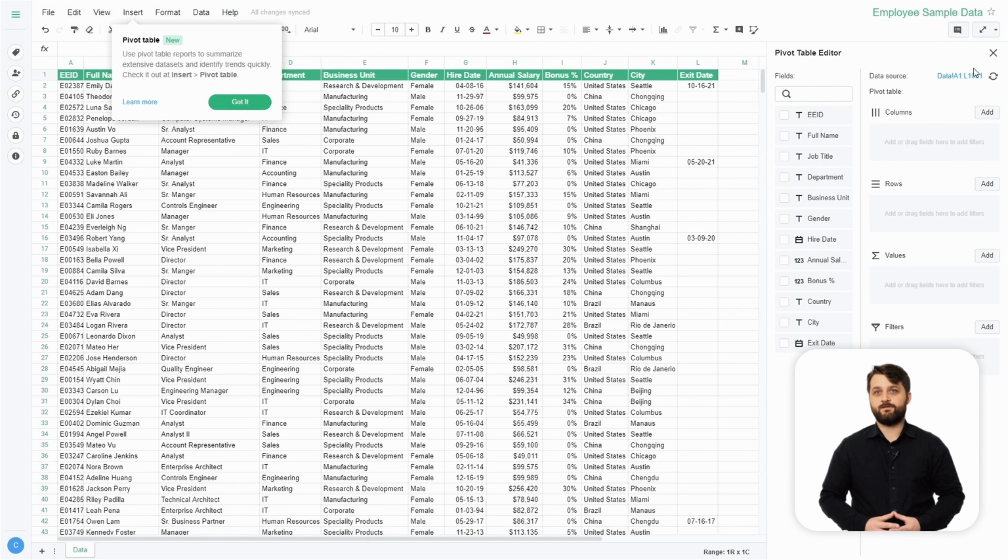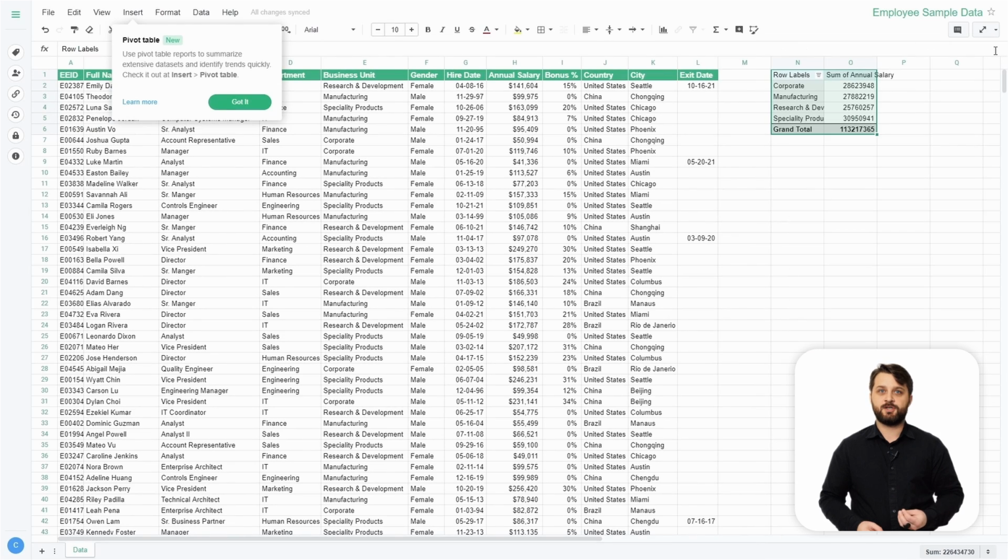And now you can see all the different values that you can begin to add to the pivot table and get some quick analysis done of all this data. So what we're going to do for the rows is add our business unit, and then for values, we're going to do sum of annual salary. So we can see each business unit and how much it costs in terms of salary. And once we have that all completed, you can see the results of that pivot table on the top right-hand side. So Synology Office spreadsheets are a powerful tool, especially with new and advanced features like pivot tables.